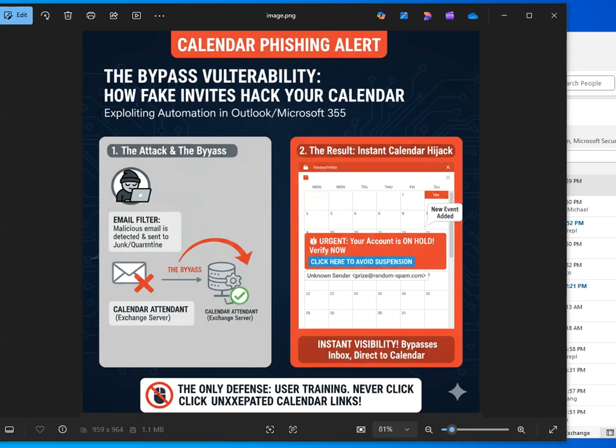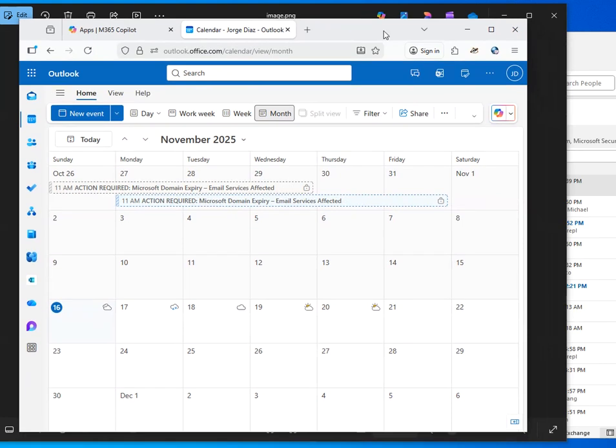So let me show you what I have here, because I have gotten many of these emails lately. Let me show you one of my calendars. And again, this is a test domain that I use, and I do have emails on this test domain. So attackers somehow found a way to, hey,